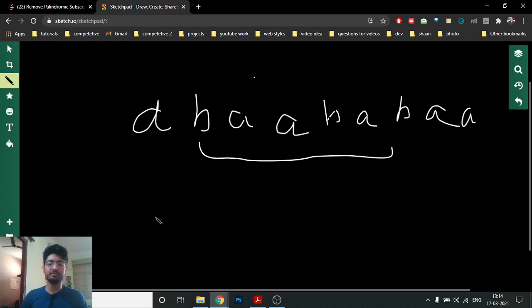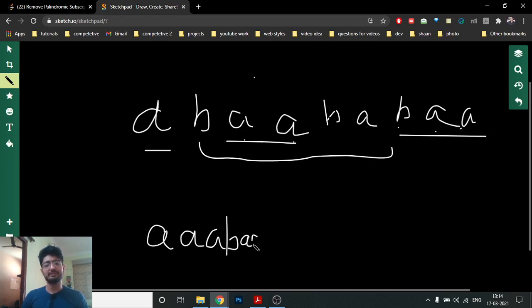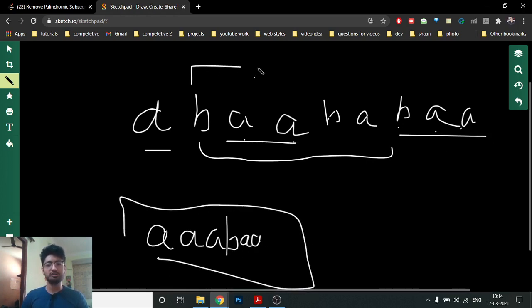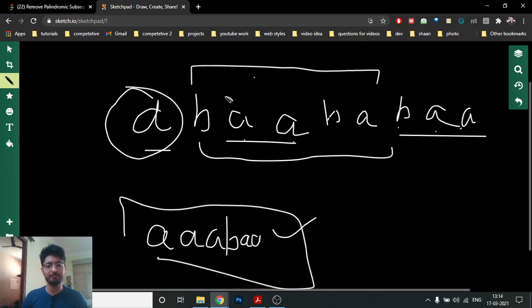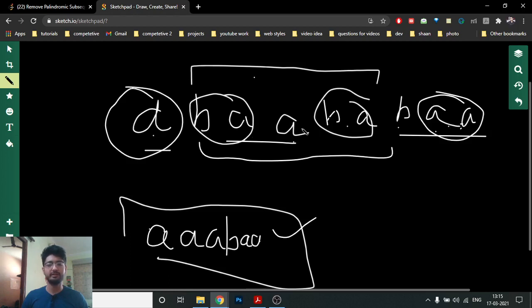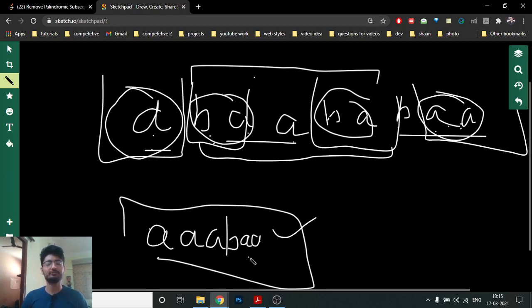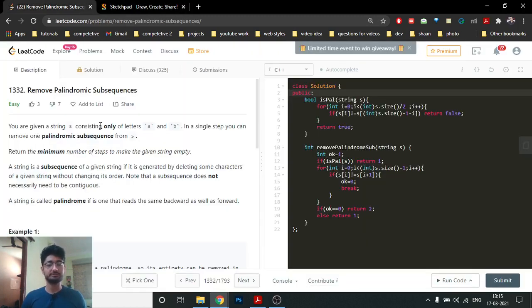But if you take out this A, this A, then this B, A, that is a subsequence. A subsequence can be formed by taking out different sections or parts of the whole string, but they should be in order. You cannot put A then B A in a different order. They should be in the same order as you have taken them out. Then you can concatenate them back and that forms a subsequence.